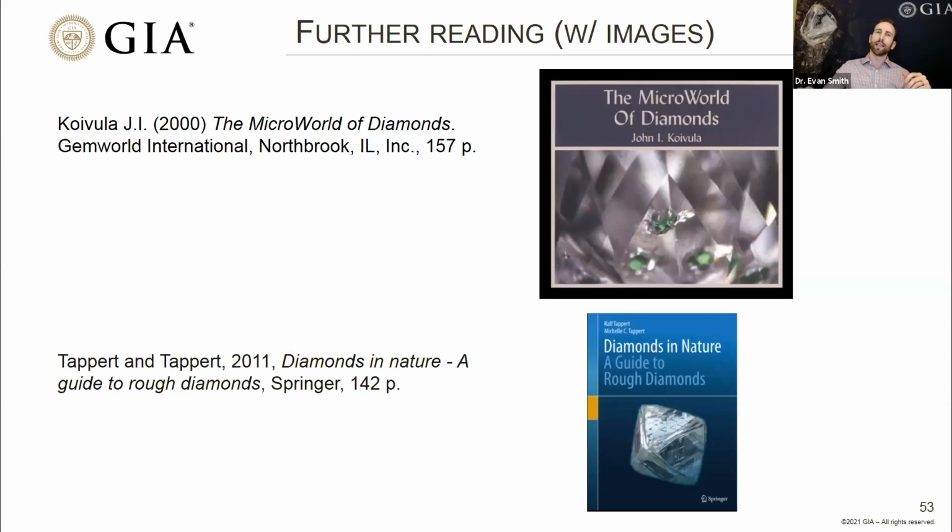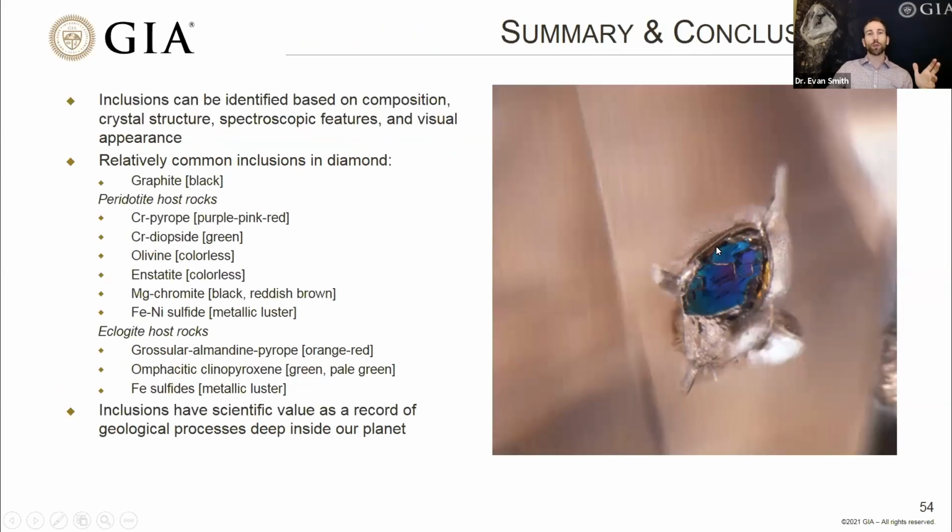So what I've shown you, hopefully, is that inclusions can be identified, and you could take a few angles of attack here, trying to understand what they're made of, their composition, what the crystal structure is, maybe using X-ray diffraction, using other spectroscopic features like how the bonds jiggle using Raman spectroscopy, and also the visual appearance of inclusions can be very helpful. So their color, their luster, their shape and texture, or if they have any iridescent colors